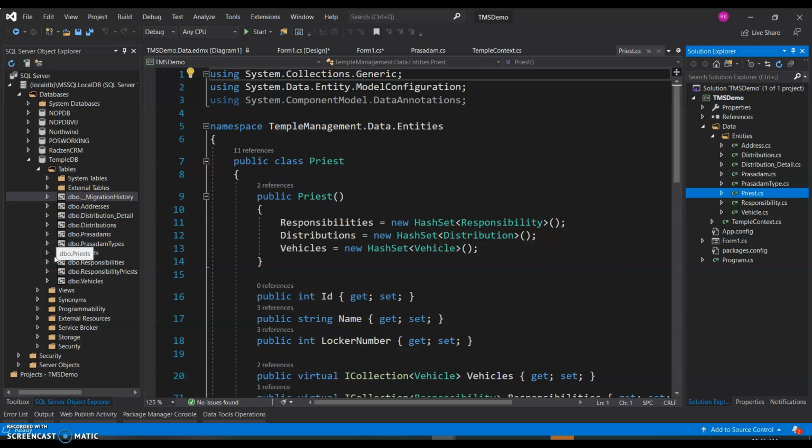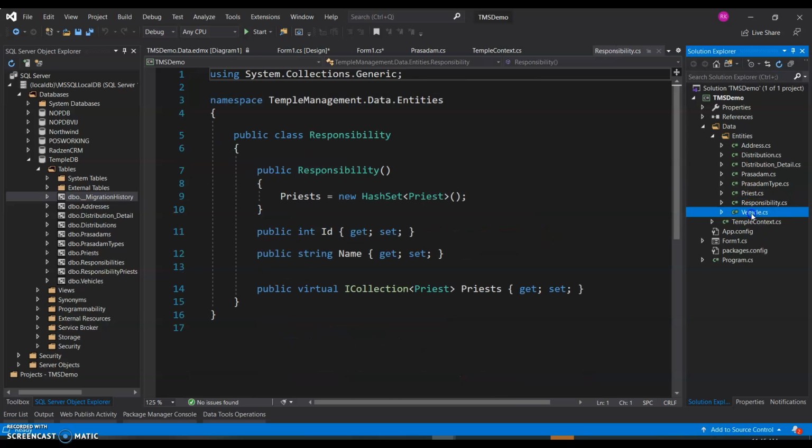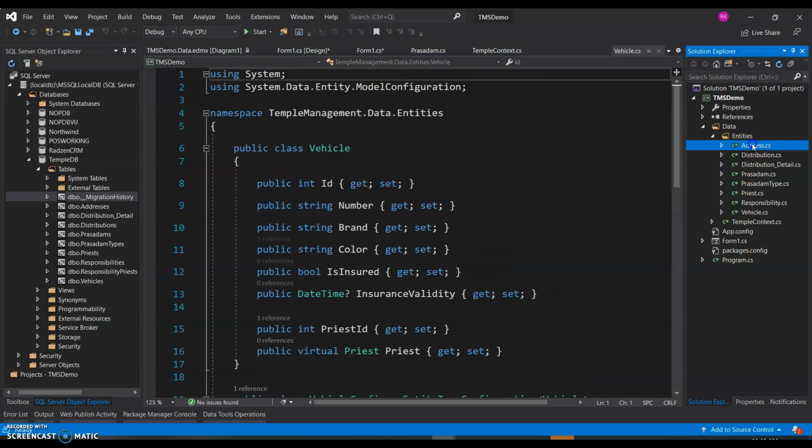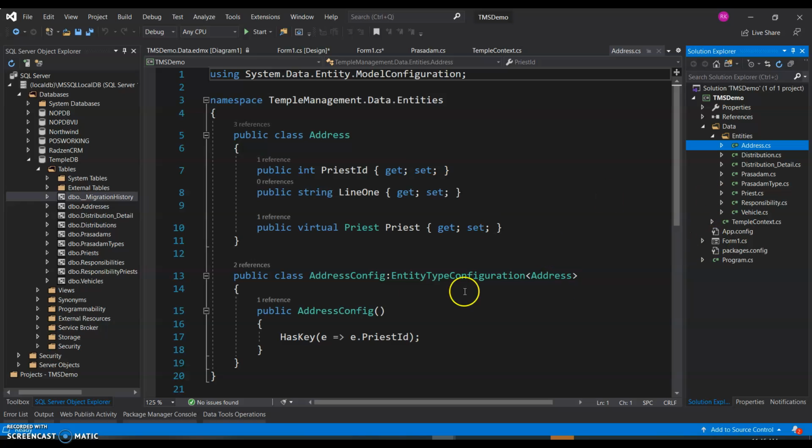What's more, you can let the framework remember all the changes you've done on the model, and it is the framework's responsibility to create the suitable SQL statements and migrate the database, so that both are in sync. What do I mean by that? Let's say I added a few columns in priest, a few columns in vehicle, and did some other changes in address. During any upgrade or feature improvement we will make several changes to the models.